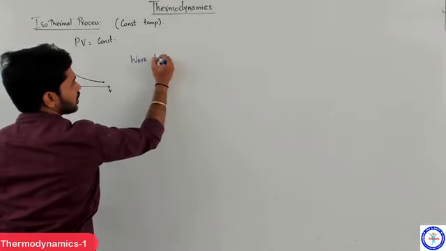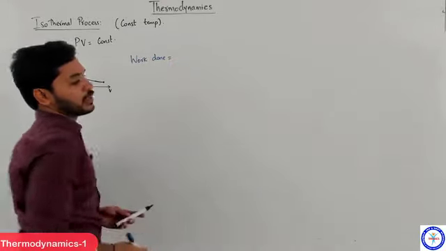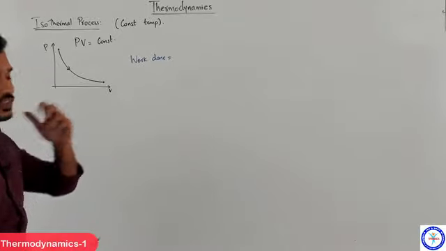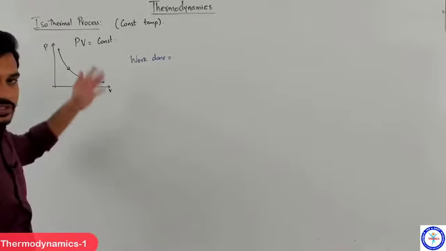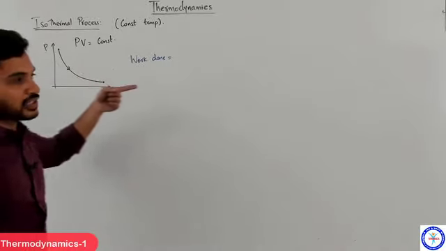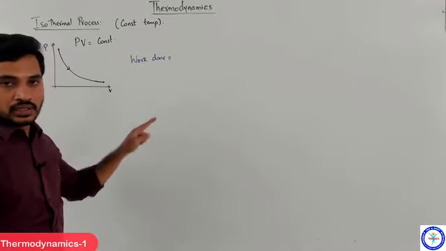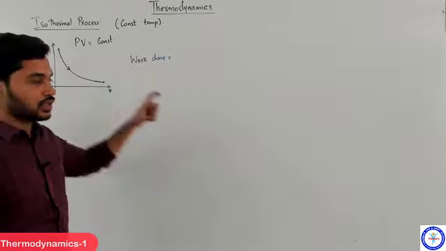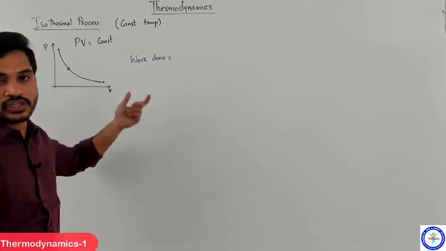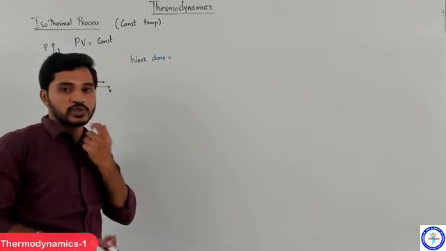And if I have to find work done by the gas in this process, here it will be slightly difficult when compared to the earlier scenarios, because in the first case, isochoric, work done was 0. Second case, we got a straight line, which means the area under that was a simple rectangle. Yes or no? Delta V into P. That is how we found work done in the isobaric process, right?